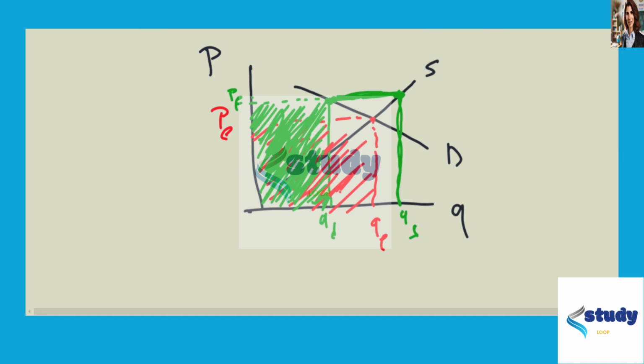And now the third assumption is the government actually comes in and buys the surplus. And so this